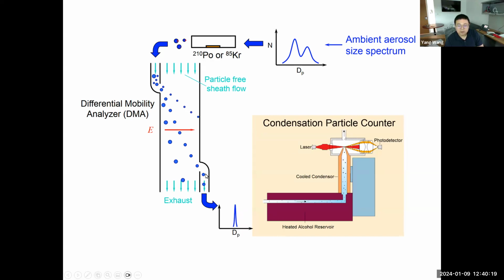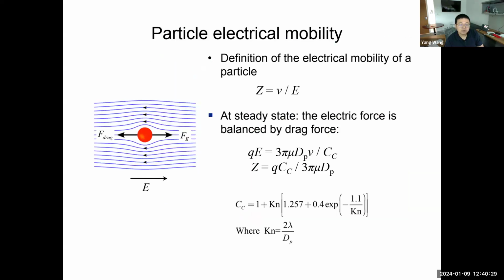After the particles are classified, they have a relatively narrow size distribution, and then you can measure their concentration with the condensation particle counter, or the CPC. Now let's talk about electrical mobility, because the SMPS is using electrical mobility to classify the particles. The electrical mobility is defined as the migration velocity of the particle normalized by the